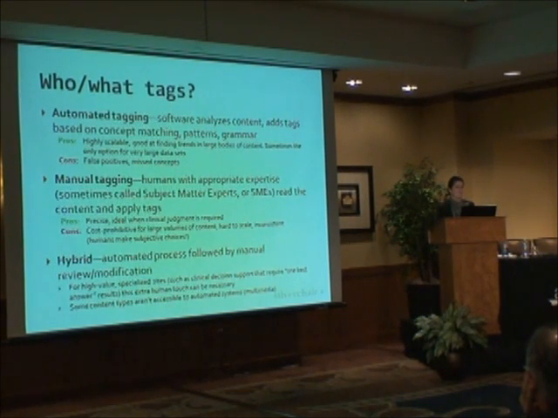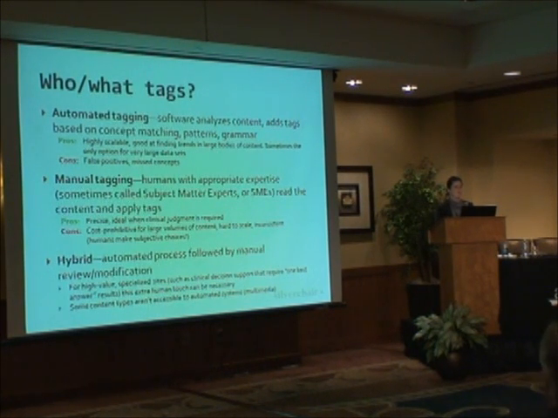There's manual tagging. This is when humans with appropriate expertise, you'll sometimes hear them called SMEs, read content and apply tags. Humans do a very good job of tagging when clinical judgment is required, when they need to make a decision that's hard for computers to make. You can imagine the scalability problem, so if you're talking about tagging, say, the entire 200 years of your journal, it can be expensive and it would take a very long time to do this with humans. And then there are hybrid models where you start with automation and you follow that with modification review by humans.